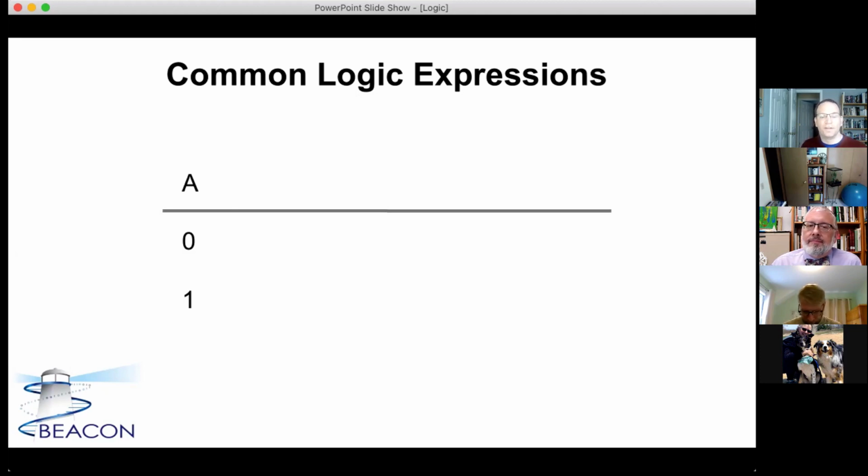So if I've got a particular statement, and here I'm referring to the statement as A, this is very standard sort of notation. Our first statement is A, it's either going to be false or it's going to be true. So we'll have zeros for every time something is false, and we'll have ones for every point that something is true. If I've got one statement, there's not a lot of logic I can do about it. It's either true or it's false, and I can deal with that. I can also take a negation of that, though. So instead of just A, I can also look at what is the value of not A.